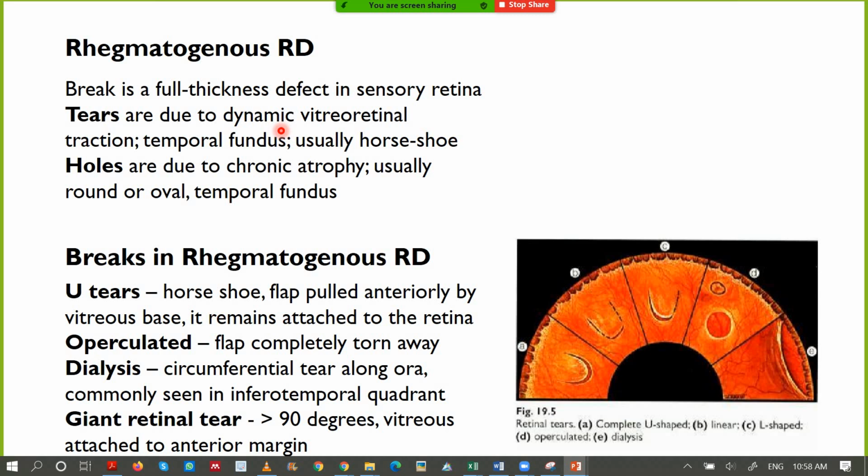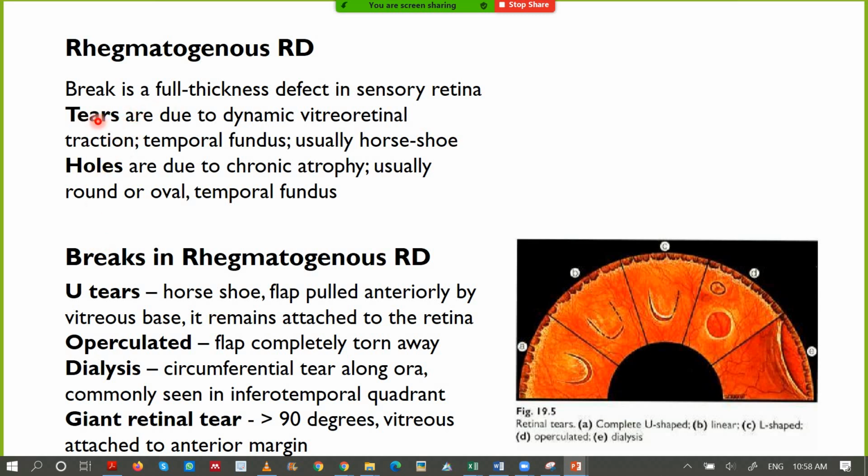Okay, so a tear is like when there is a tear in the paper. It is the same as a tear in paper, so that is called a tear. Then a hole is where there will be a direct formation of a hole, just like an operculated one, per se, something like this. So again, these are the major classifications of retinal tears.